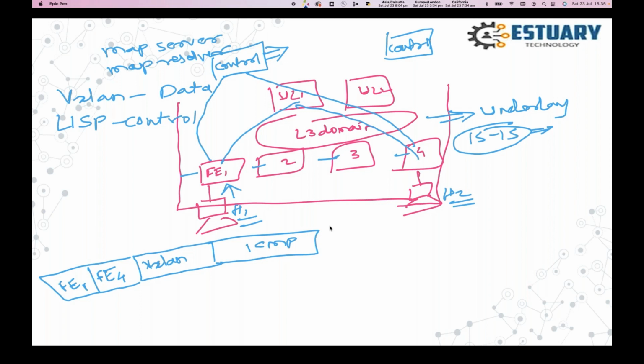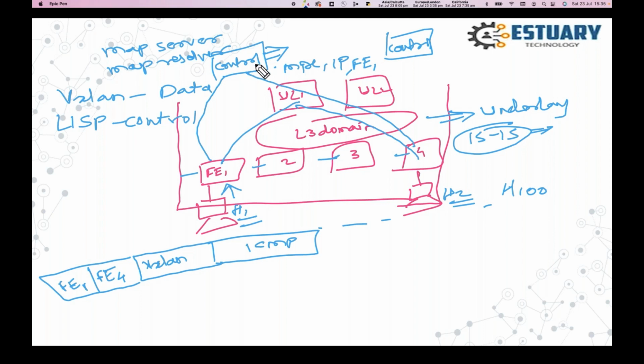Let's say you've got hundreds of hosts here. All the database about MAC address, IP address, and which fabric edge the host is behind, for example, fabric edge 1.